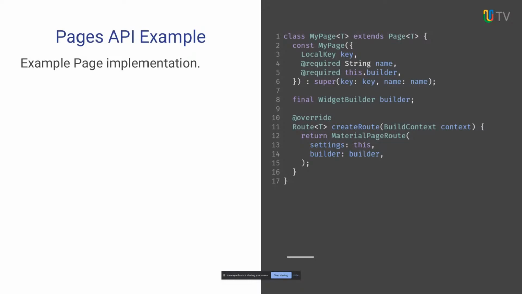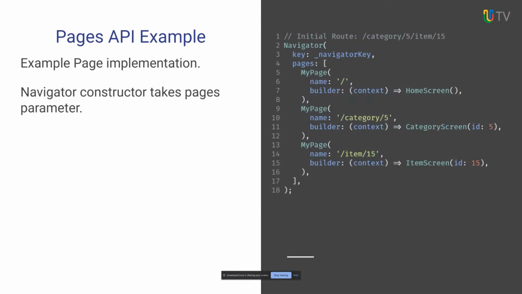But the key concept here is that Page extends RouteSettings. So wherever you used RouteSettings before, you can use the Page class. And as you can see here on line 13, we actually pass this as the settings for the route that's returned. That makes a hard linkage between the route and the page that created it. And in this case, we're storing a method that builds the widget for the route, a builder that returns the widgets for the route. And then we pass the naming key across.